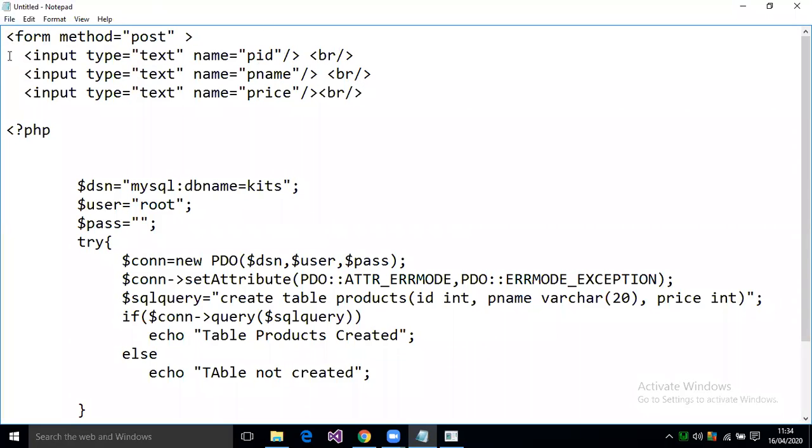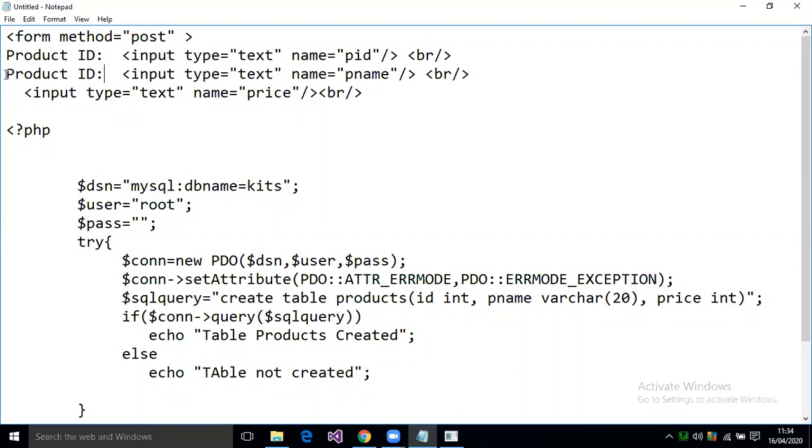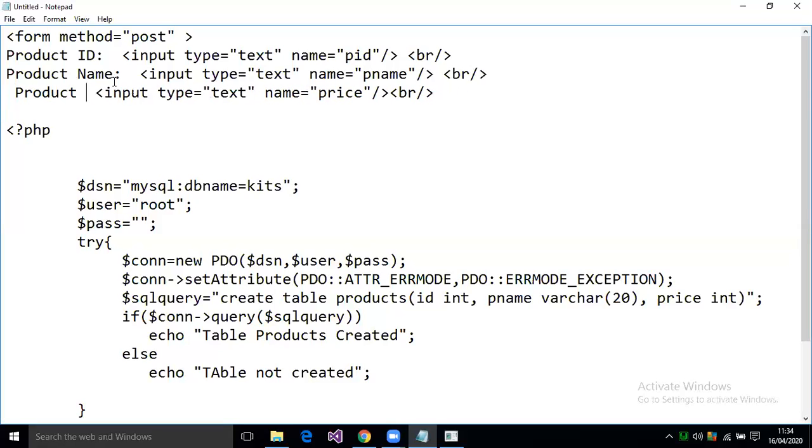Here I will write product ID, then product name, and here product price. So this is the thing.